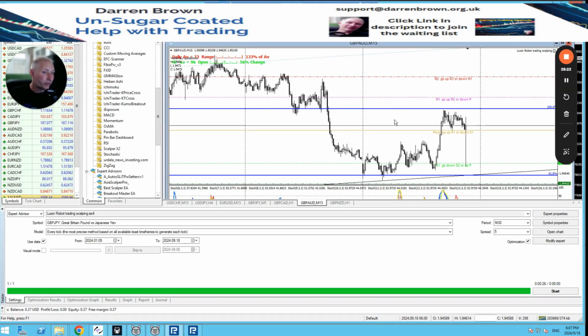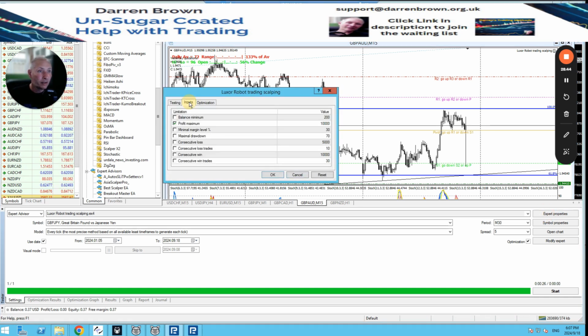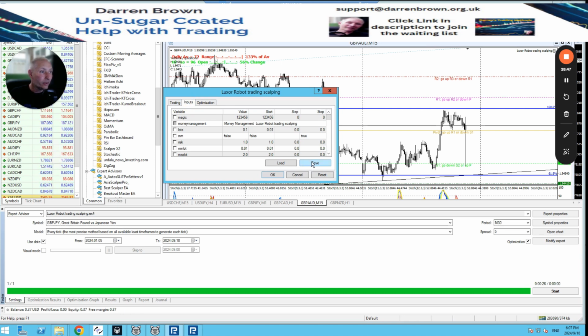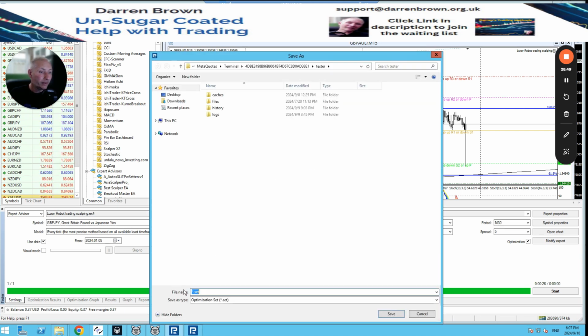I wanted to show you the RoboForex, which is this one here. I wanted you to get your head around how to set it up, how you can start to test it yourself, how you can play around with the parameters inside and see how you get on. When you find that you have a working set file and you think, my God, I've got a working set file, this is fantastic, you want to go to export properties, go to inputs, click on the save button, and this is when you want to put in here inside this window,